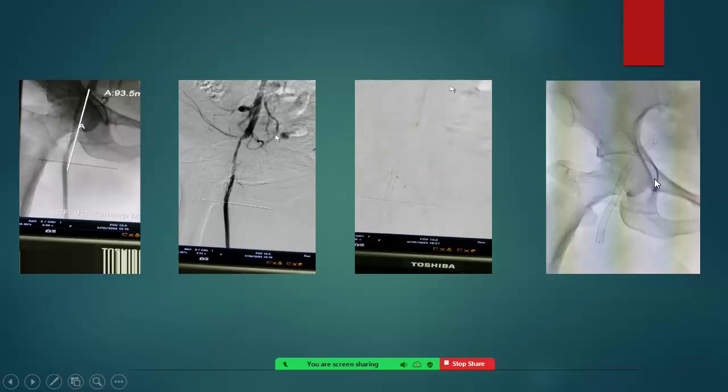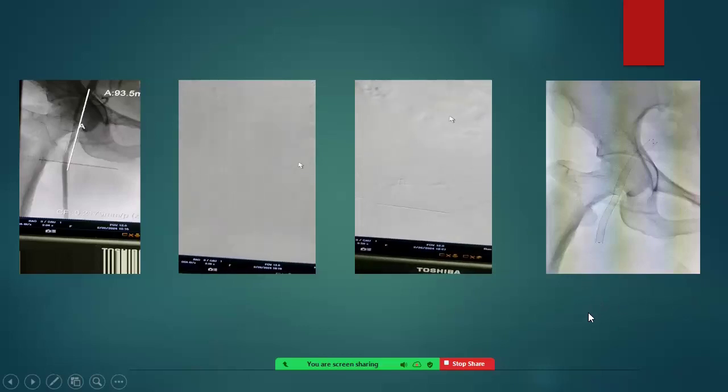This patient had severe pain after the occlusion of the profunda artery. She was in severe pain for 2 to 3 days. So we still kept the patient on IV heparin and kept monitoring her. Then we again took her for the DSA because she was having severe pain not improved by any medication, within 5 days. Then we were able to stent this, and the patient's pain has totally improved.